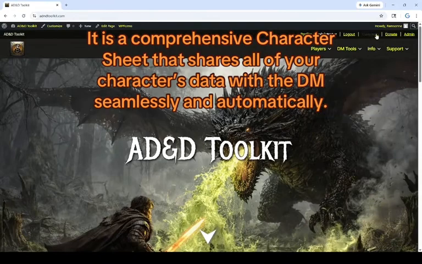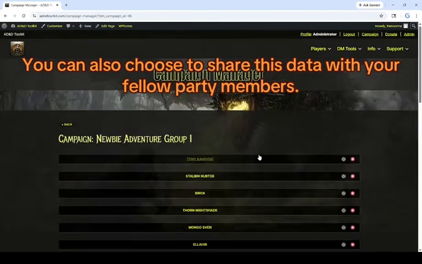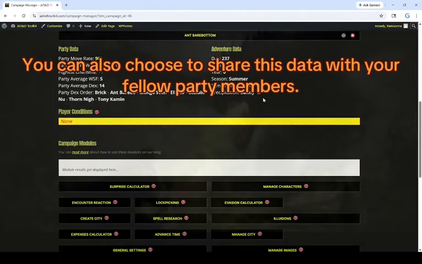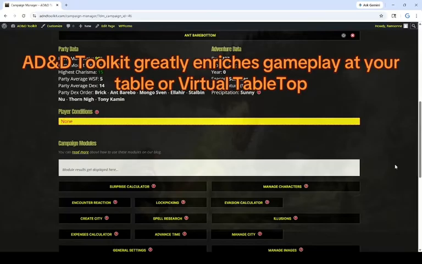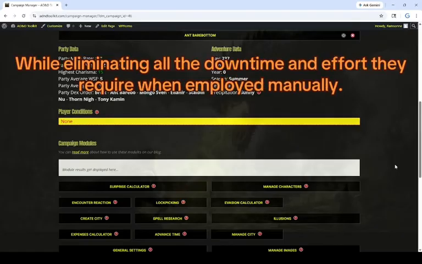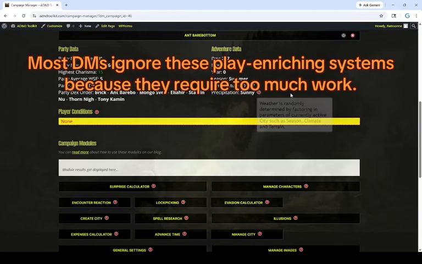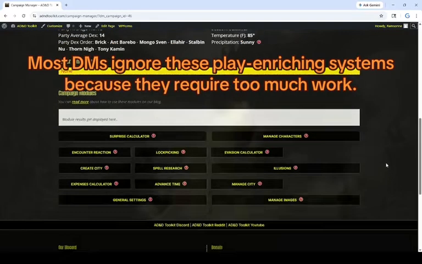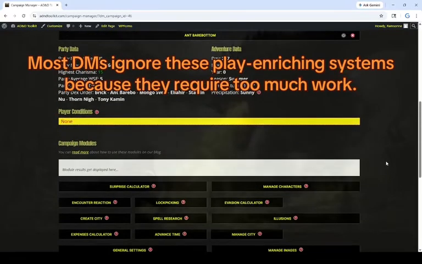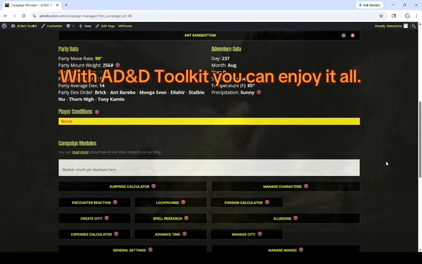And from here, I want to go to my testing campaign, and I want to demonstrate a little bit about the built-in weather system that we have. I know I've written and said before, I am not a meteorologist by trade or hobby, but I did do a little bit of reading and flip through some almanacs and atlases and some online research, trying to get some trends, spoke to a couple of people, just to try and get something passable as randomized weather. Built into AD&D Toolkit, because weather, I would say, should factor into your gameplay,